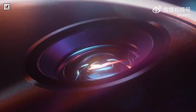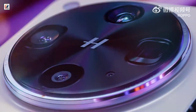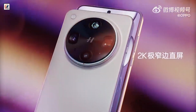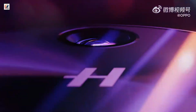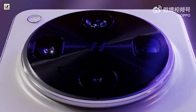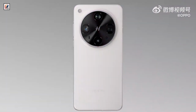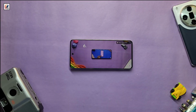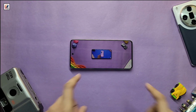The device will feature a 200MP periscope telephoto, replacing the 50MP unit on the X8 Ultra. The other 50MP telephoto might remain the same in terms of resolution, but the leak says it will upgrade its zoom range to 10x from 6x. A 50MP ultrawide, the Find X9 Ultra has a 6.82-inch flat OLED screen with 2K plus resolution and 120Hz refresh